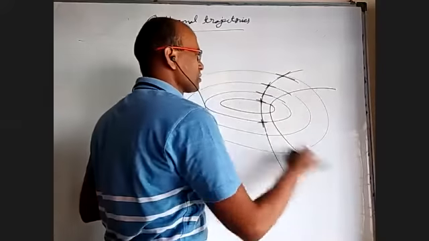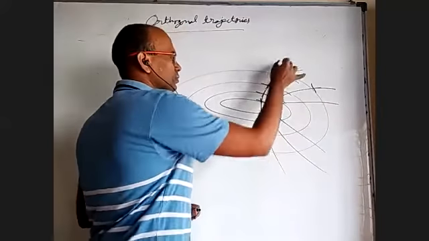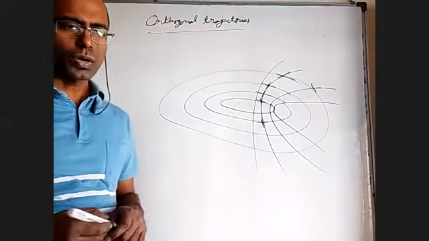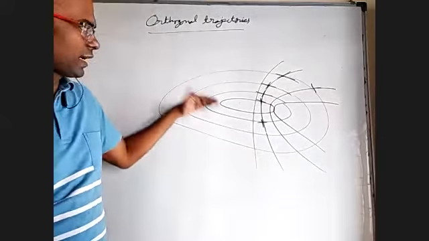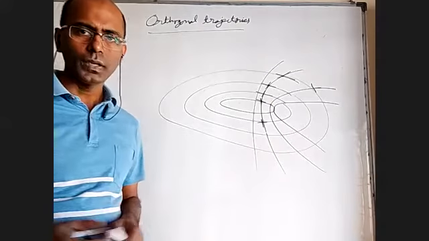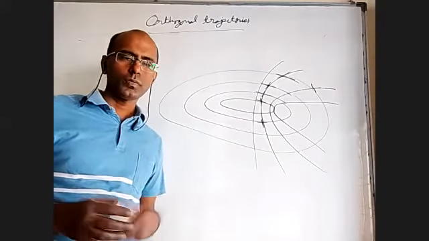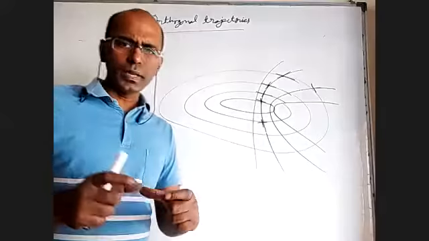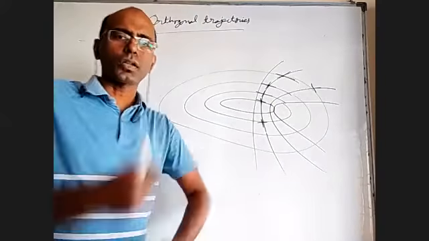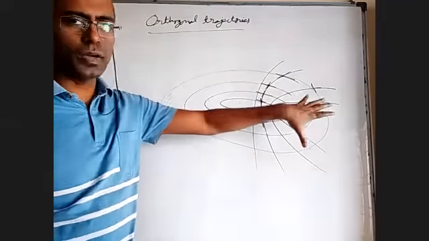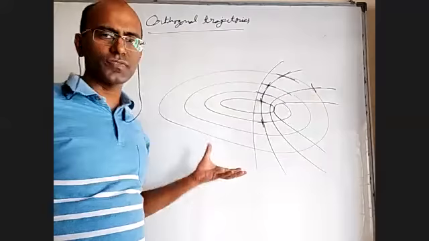Maybe a curve like this also, where they're intersecting orthogonally, and there may be a curve like this also. Okay. So now what happens? All these are one family of curves, and all these are another family of curves. One family is intersecting another family orthogonally. What I mean is, every member in the second family intersects every member in the first family orthogonally. Then we say that family of curves is orthogonal to this, or that is the orthogonal trajectory of this family.